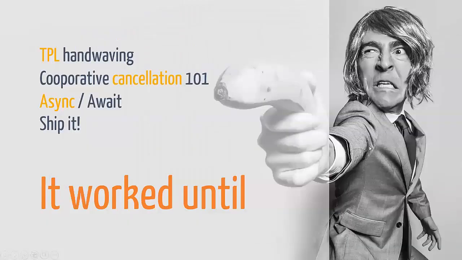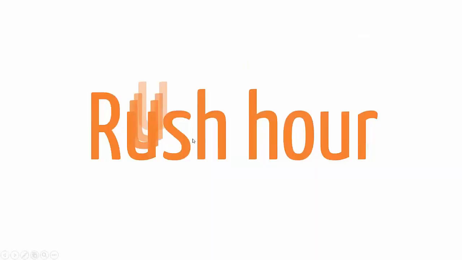So let's go back and do a brief recap of what we just saw. With a little bit of Task Parallel Library hand waving, some cooperative task cancellation 101 and some async magic, we have been able to write a pretty robust and solid infrastructure that fetches messages from an existing queuing system. So this worked pretty nicely, so we shipped it into production, and it worked until someday, well, one